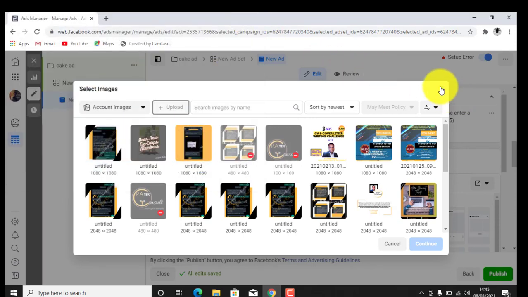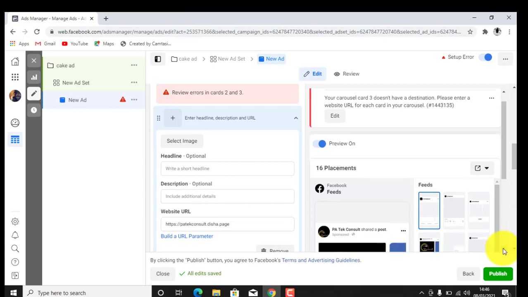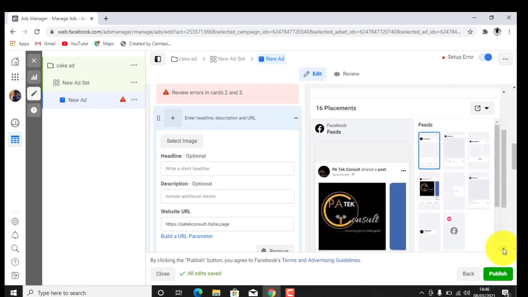Then you click on it, and there you go, you put your headline. Now the ad copy, the sales copy I was talking about. It's always important that your headline is catchy, because lots of people, based on the audience insight, operate Facebook with their mobile phones. I want you to watch this particular place. So if, for example, I want to sell cake to people and I write